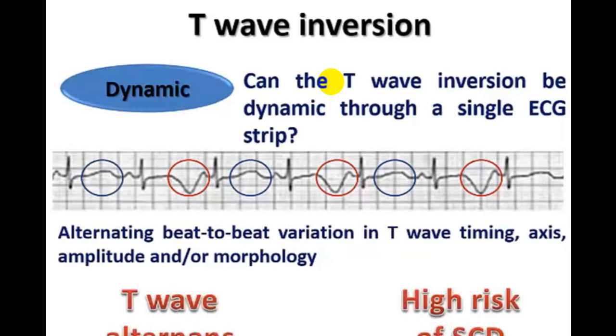We call this pseudo normalization. Also, if there is a T wave which is showing you an alternate pattern, this is upright, this is biphasic, almost biphasic, or you can call inverted, and this is called T wave alternans. If there is a presence of T wave alternans, it suggests that the person is having dynamic changes, and that is in favor of an ongoing myocardial ischemia, and the person is at a high risk of sudden cardiac death. He should be subjected to angiography followed by revascularization.